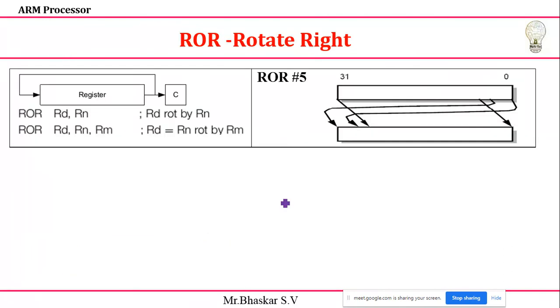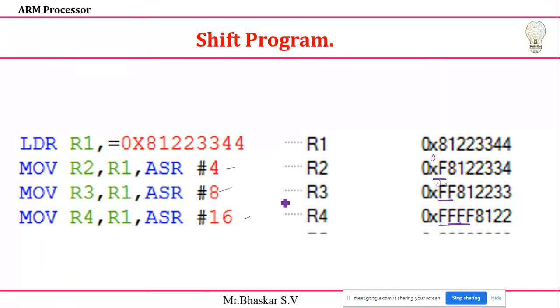Okay, so these are the instructions. Today we discussed 3 instructions. One is logical shift left. Shift left means on the left side we are padding the value 0. Shift right means on the right side we are padding zeros. Arithmetic shift right depends totally upon your MSB value. If the MSB value is 1, I am padding the values with 1. If it is 0, we are padding 0 values. Clear about this one?